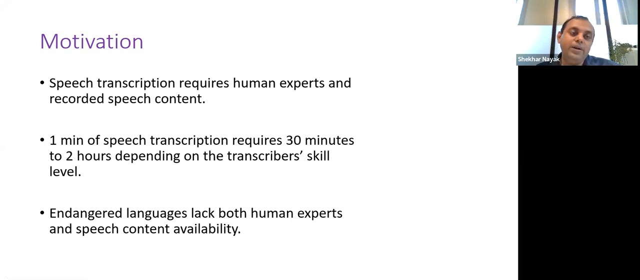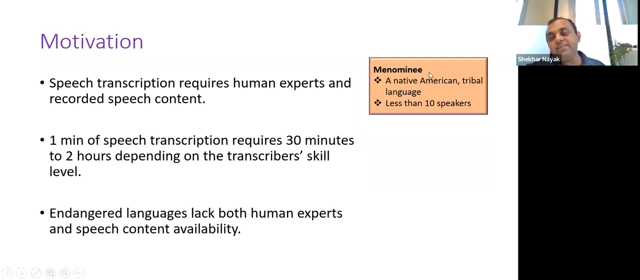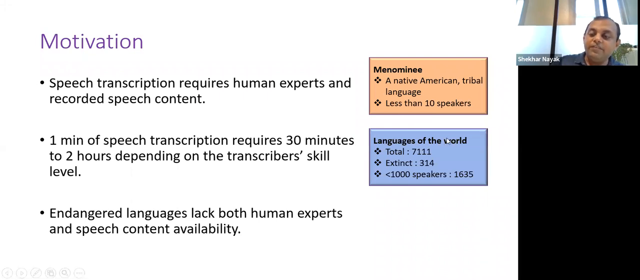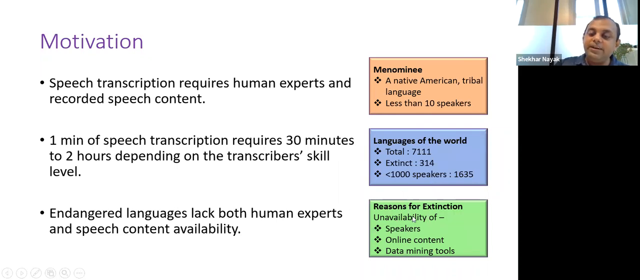If you want to build speech technology for such languages, it is also important to preserve them. If you build speech technology such as speech synthesis for such languages, the language will be preserved even though it has very few native speakers living. Menominee is an example of an endangered language, a Native American tribal language, which has fewer than 10 speakers living. The world has close to 7,100 languages, of which 300 are already extinct, and 1,600 plus languages have fewer than 1,000 speakers. The reasons for extinction may be unavailability of speakers, and if you do not have enough online content or data mining tools, it will still be difficult to build